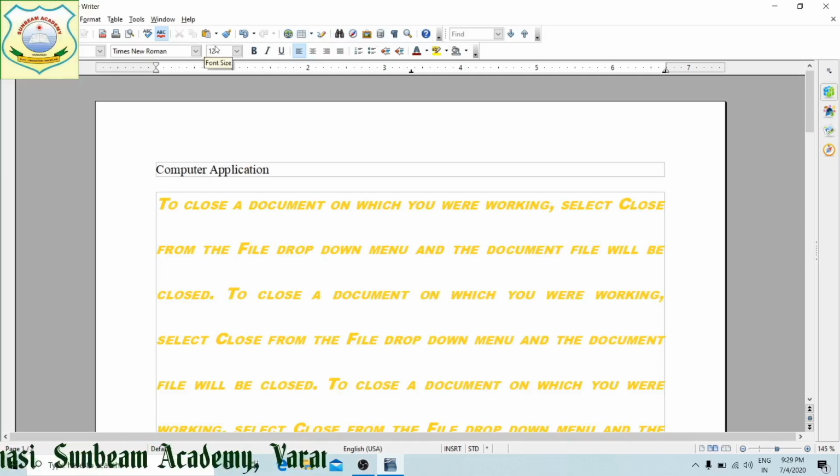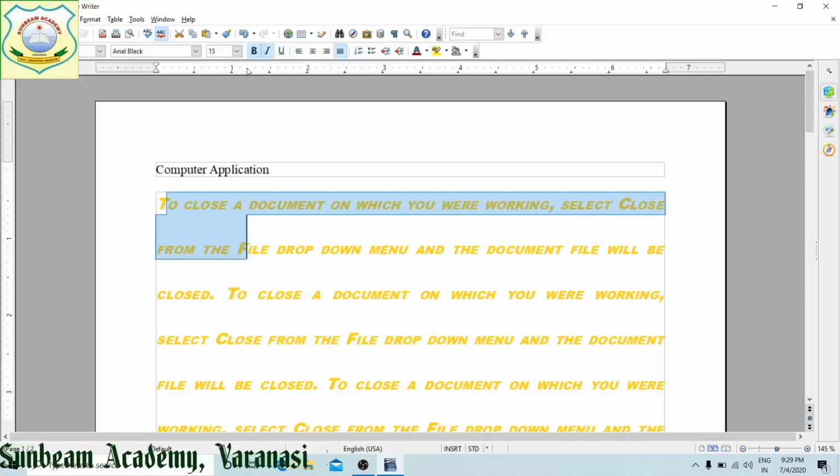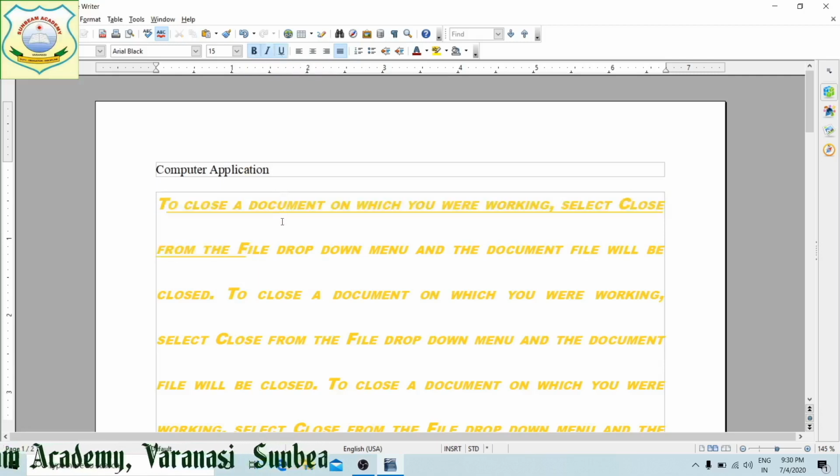Next is your formatting toolbar, which is used to format your text. Now see, formatting means if I want to make it bold, italic, underline, what I want to do, this can be done easily, right? This is formatting toolbar.